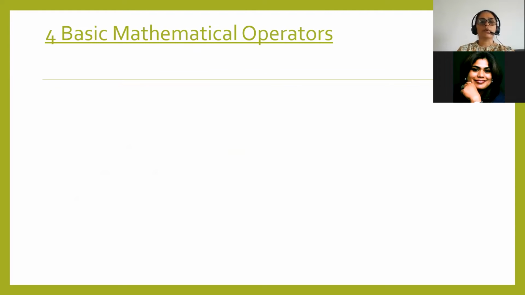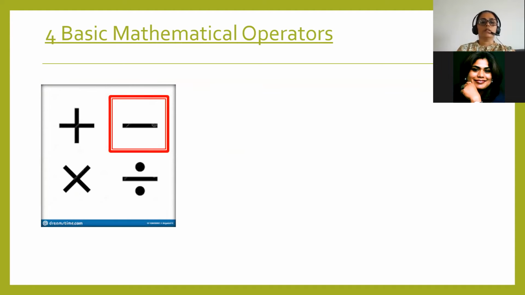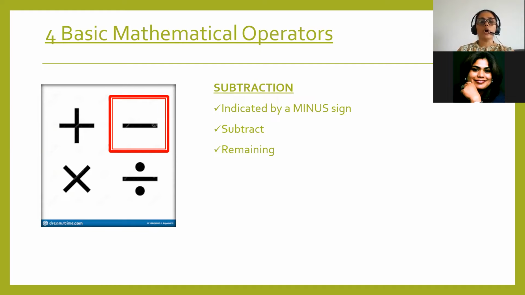Going forward with subtraction. This is your subtraction sign. It is indicated by a minus sign, a sleeping line. When you have a subtraction sum, which are the words that you have to be very alert to? Which words come for subtraction operations? One is subtract the following, find the remainder or find the remaining. How many are remaining in your hand? Balance. If you have given 100 rupees, what is the balance in your hand? How much is left with you? These are the different words which indicate that it is subtraction.